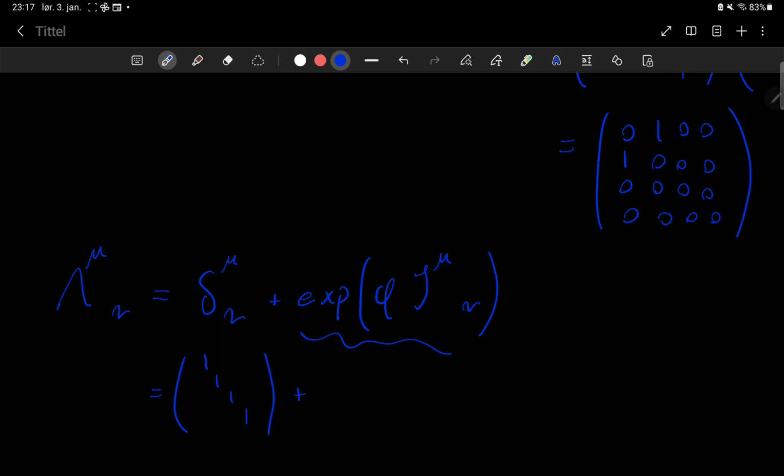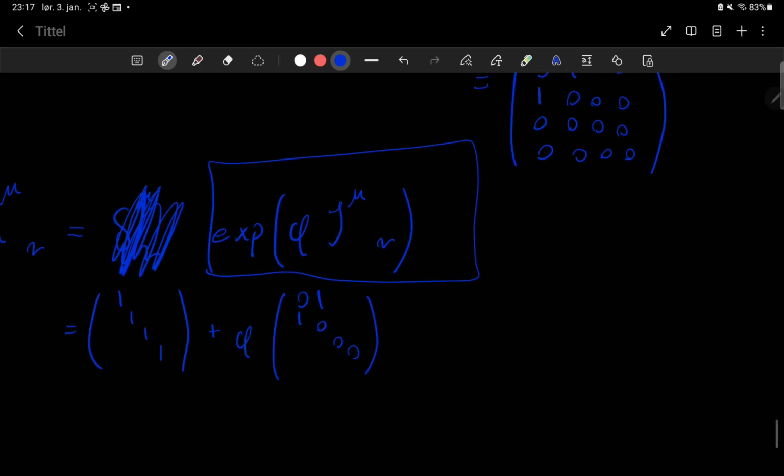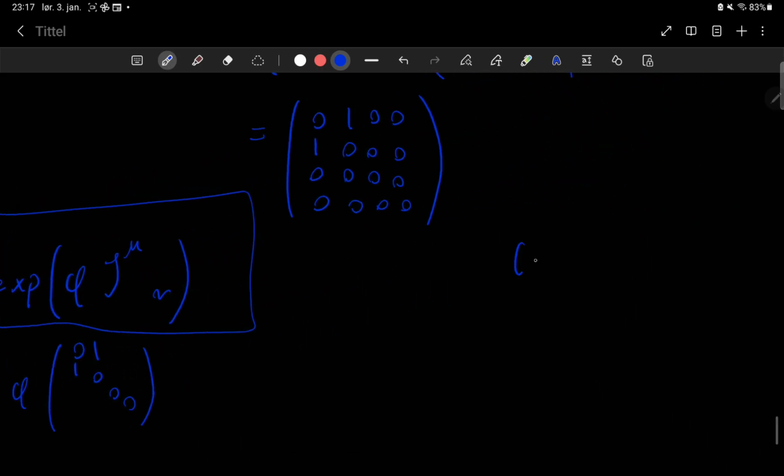I'm confused. I'm going to ignore that. I think this is the form we were supposed to have. So we get identity plus phi times our generator plus our generator squared. Now we want to consider the algebra of this. So we square it